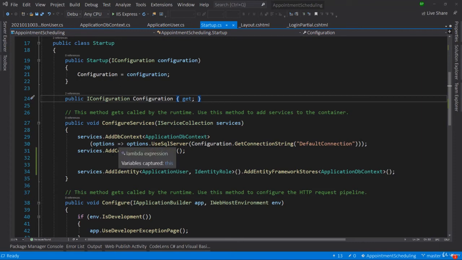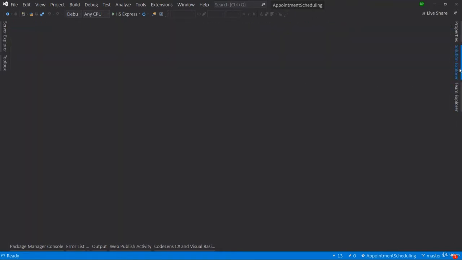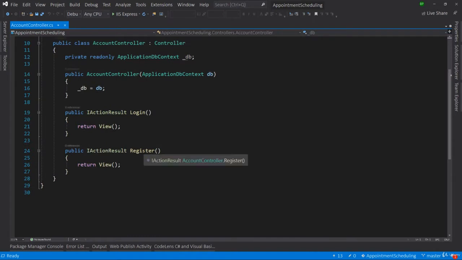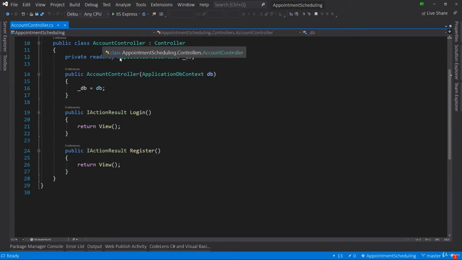Now we have done quite a few configuration steps with identity. It's time to close everything that we have and open up our account controller and work on the register functionality. Now when we register a user, we have to store them in database, and we have that right here. But since we are using the ASP.NET Identity for all of the features, they have built-in methods that we can